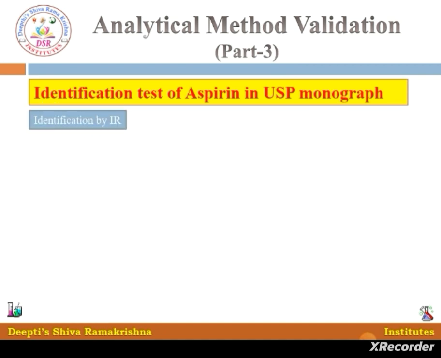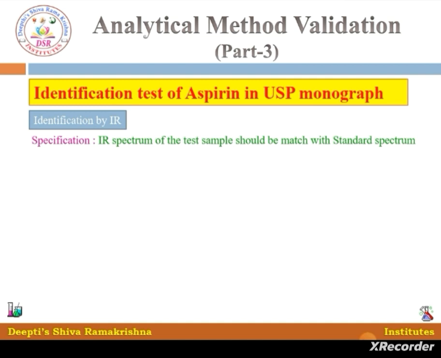The first parameter, identification test of aspirin. Actually, the identification test is given in two types: identification by IR and identification by HPLC. First we will see how to perform identification by IR during method validation for the specificity parameter. As per the limit, the specification is given as: the IR spectrum of the test sample should match the standard spectrum. That means